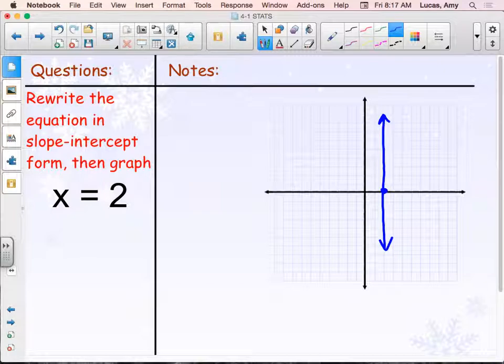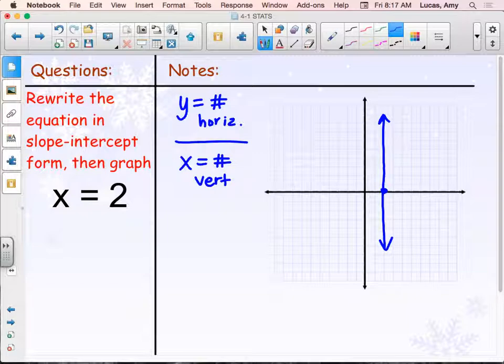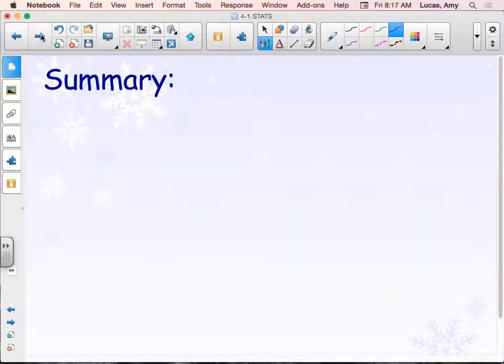So if your equation starts with y equals a number, just a constant number, that's going to be horizontal. If your equation has x equals just a plain number, that's going to be vertical. So if you're missing a variable in your equation, you can still graph the line, it's just going to be horizontal or vertical. You should be able to write a summary now,